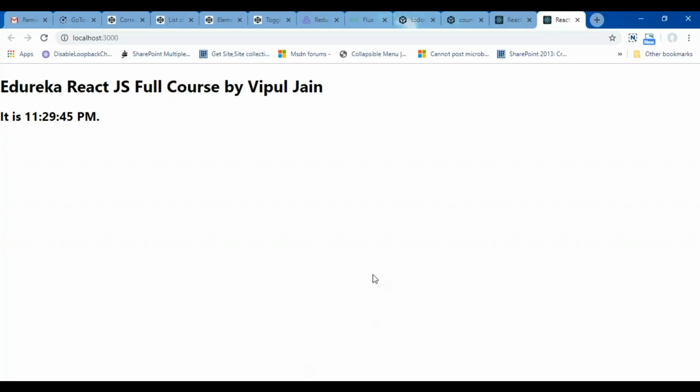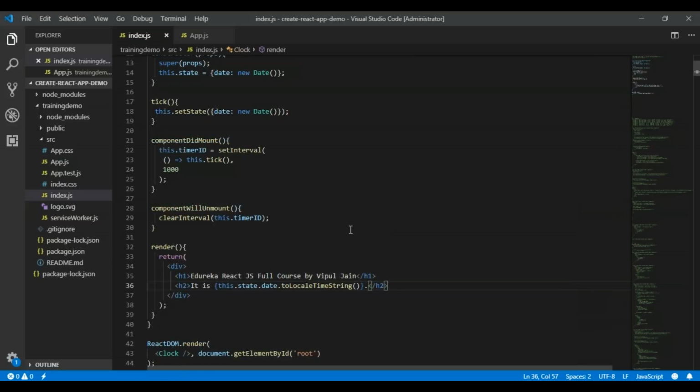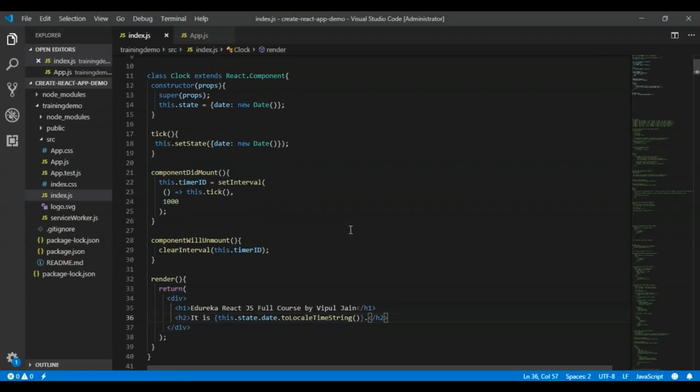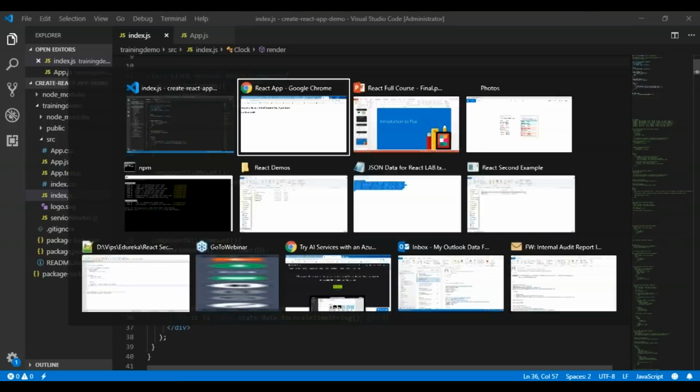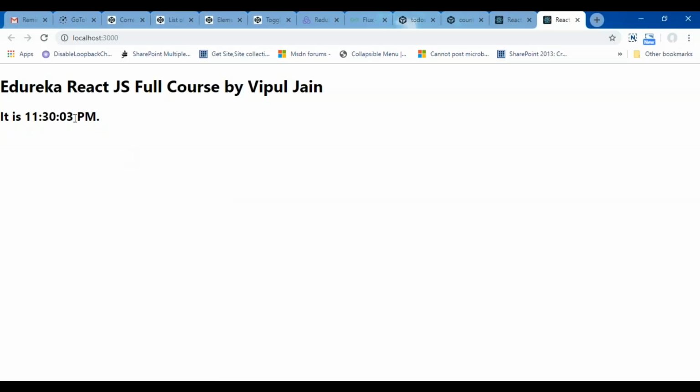So you can see the output is showing Edureka React.js full course by Vipul Jain. It is 11:29 and 50 PM. So that is how you can use the lifecycle methods in a React.js application. And we have set the interval with 1 second, so that's why every time the seconds value is getting changed.